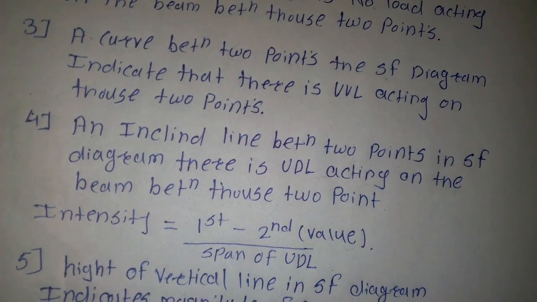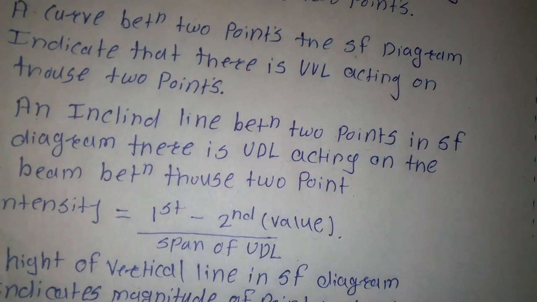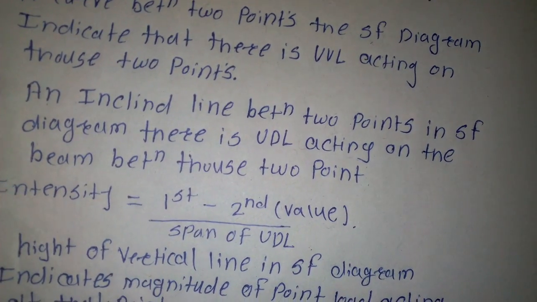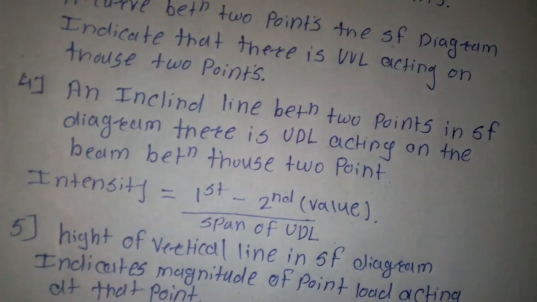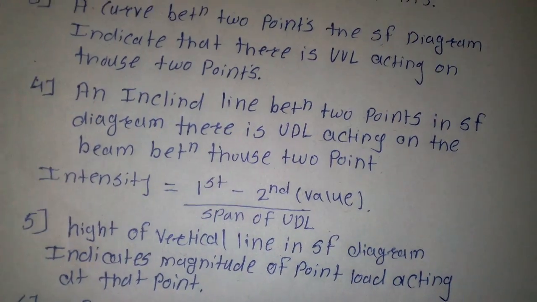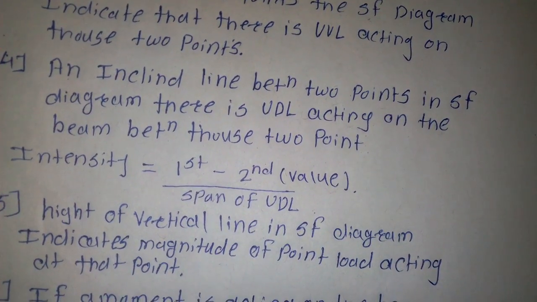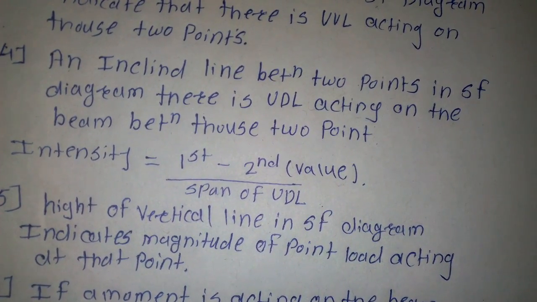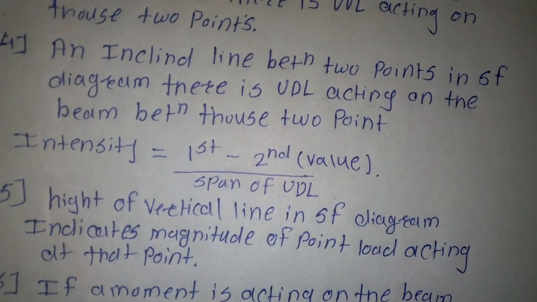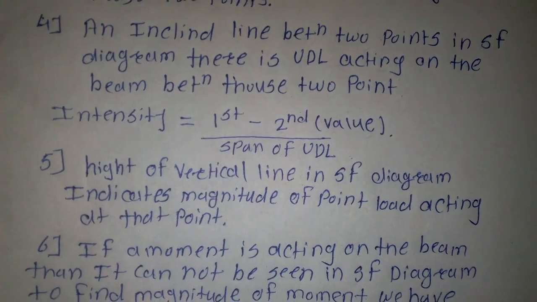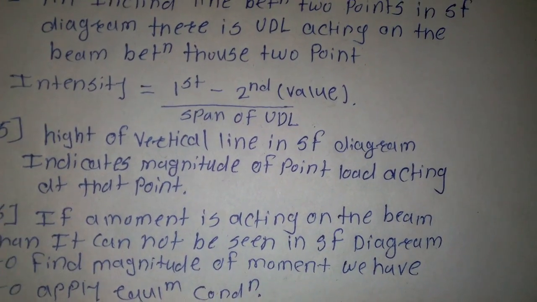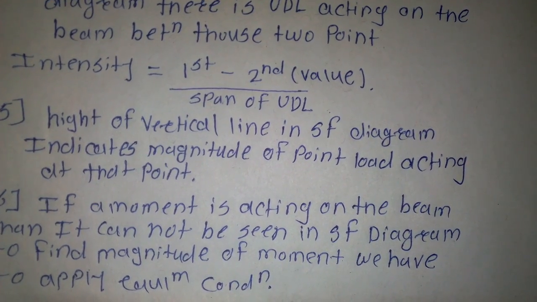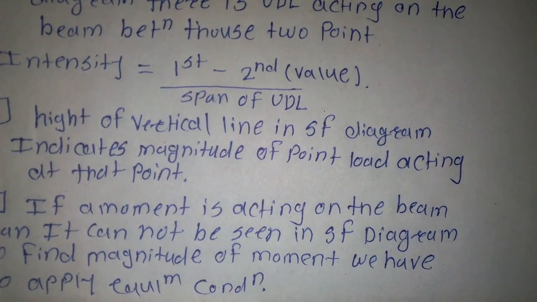Fourth point: an inclined line between 2 points in the shear force diagram indicates there is a UDL acting on the beam between those 2 points. The intensity of this UDL can be found using the formula: first value minus second value upon span of the UDL, which is explained in the figure. Now the fifth point: the height of a vertical line in the shear force diagram indicates the magnitude of the point load